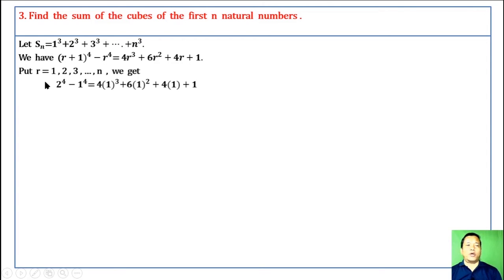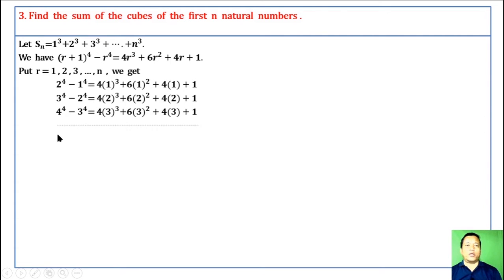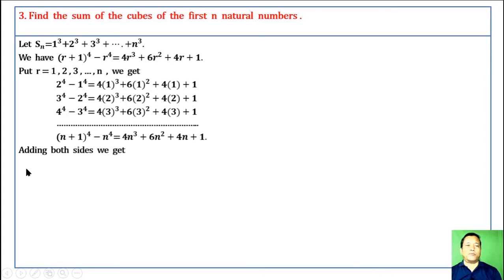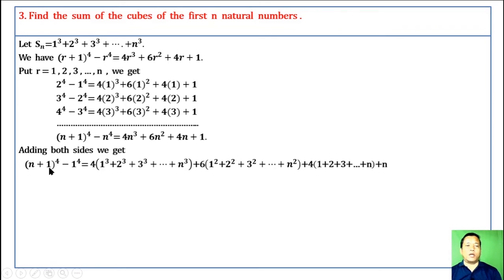We get, when r is equal to 1, we get this first row. When r is equal to 2, we get this second row. When r is 3, we get this third row. When r is equal to n, we get this last row. Adding vertically, adding both sides, we get cancelling of these two terms diagonally. Lastly, we are left with this and with this, that is n plus 1 power 4 minus 1 power 4